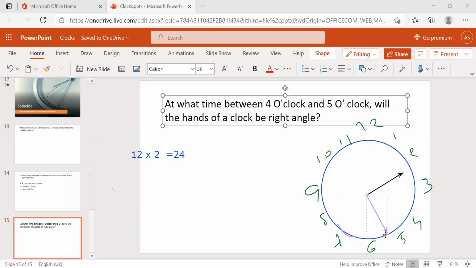After that, what will happen? This moves like this and moving like this, and it comes to the 12. What's the time now? Exactly 3. Then in between 2 and 3, how many times will it make the right angle? It will make the right angle only one time. The second time we get a right angle, but that time is exactly 3. So in between 2 and 3,